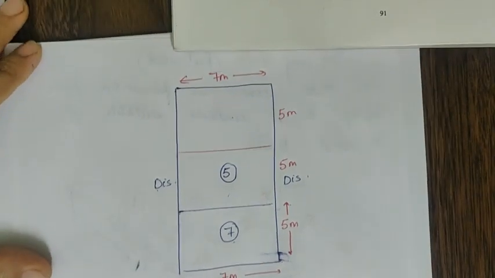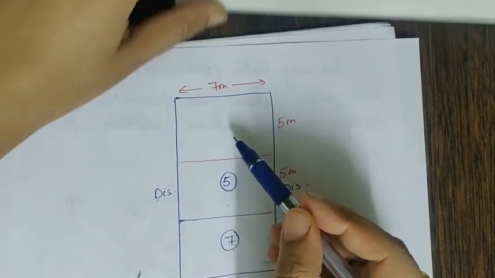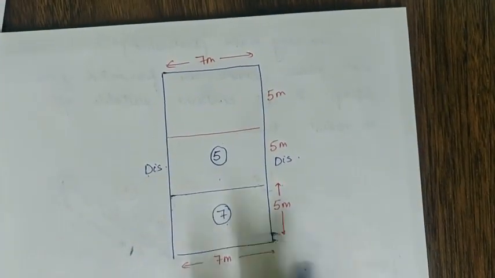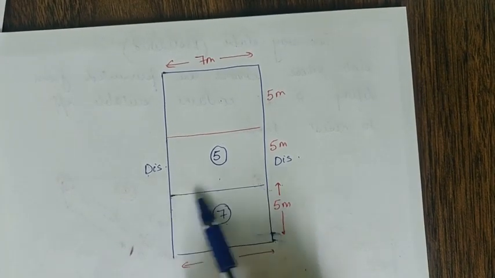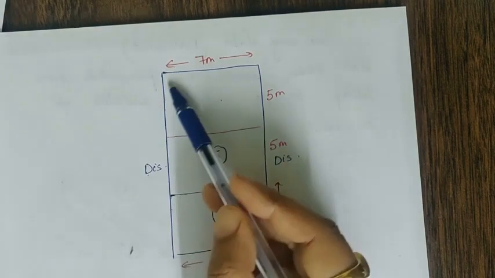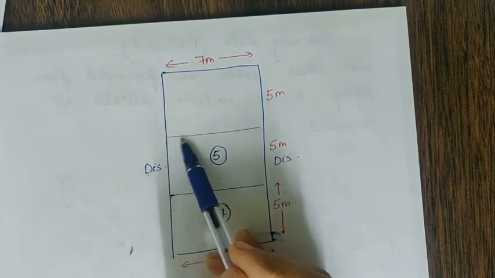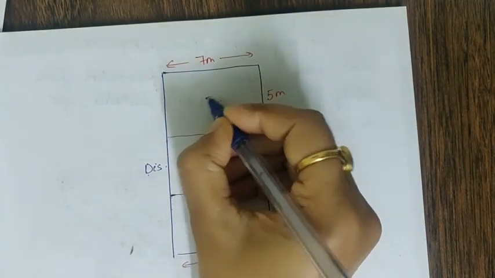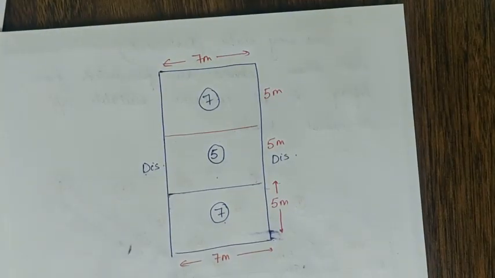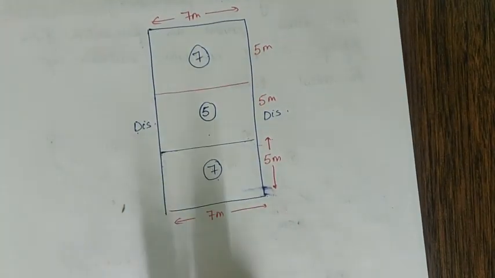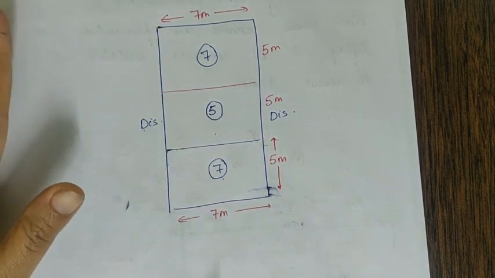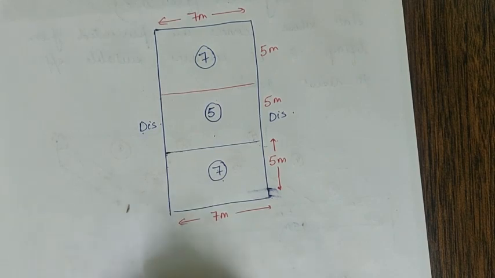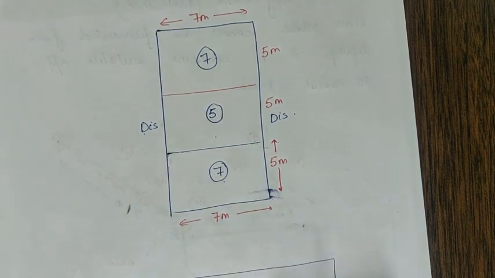Similarly, this slab is also the same one. This is case 7, discontinuous on 3 sides, continuous on the long side. This is also discontinuous on these 3 sides, continuous on the long side. So this is case number 7. Okay. So we have defined case number 1 to 4, 5, 7. Now 6, 8 and 9 are left. Now for that I am creating another slab.